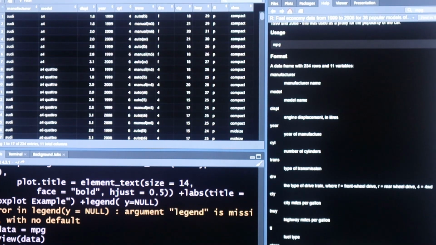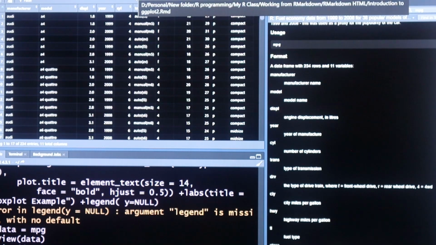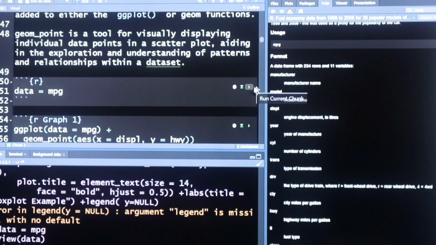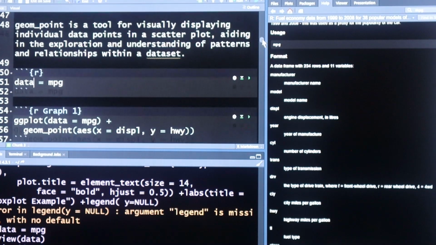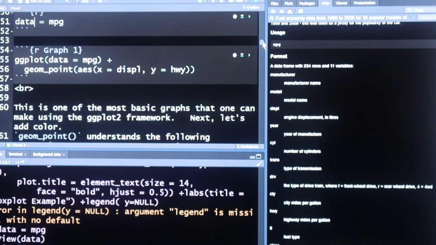The next variable is city miles per gallon, then highway miles per gallon. Then this is the fuel type that we are using. And lastly is the type of the car. So we have compact, we have mid-size, and we'll see all those sizes when we'll be doing our data visualization. To start us off, our first graph will be a scatter